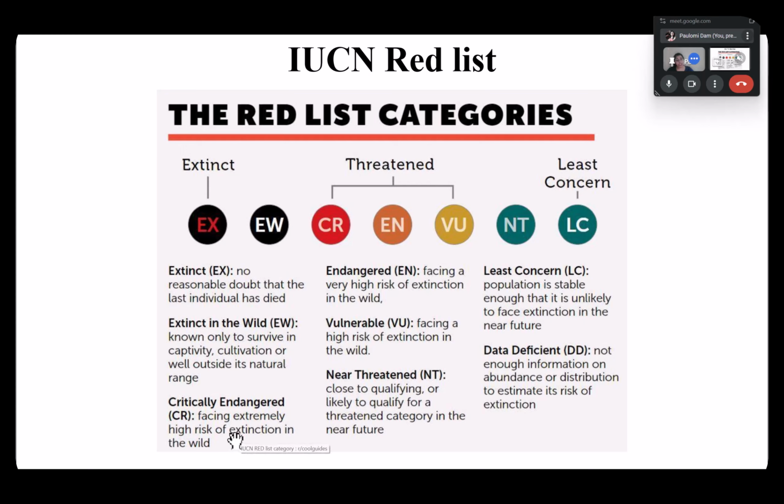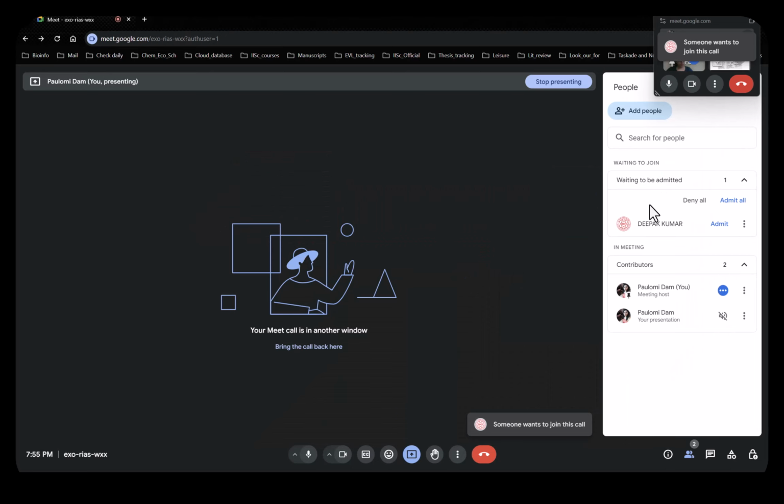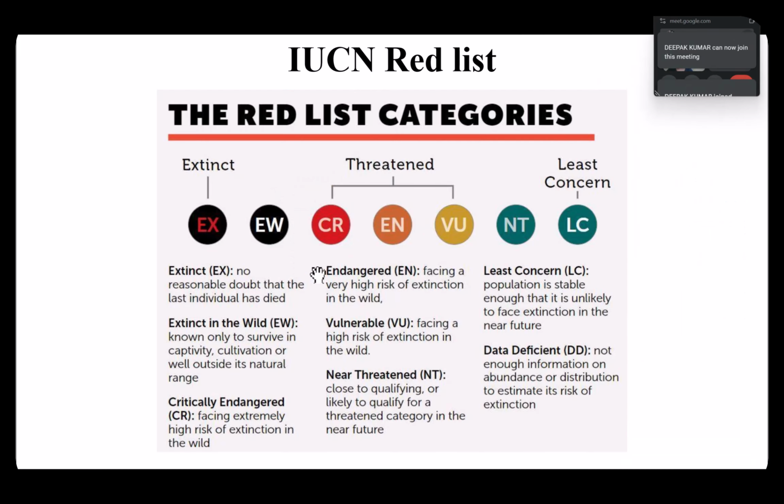Critically endangered, they face an extremely high risk of extinction in the wild. And then you have two categories of animals which are extinct. You have EW, which are extinct in the wild. So extinct in the wild are basically animals who are known to only survive in captive feeding or captivity. You don't find them in the wild at all. Not in national parks or biodiversity reserves, you don't find these animals there. So they're extinct in the wild. They're only found in captivity because human intervention has preserved them, right?